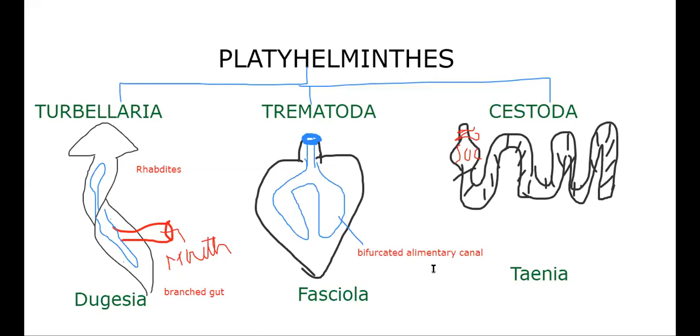Along with that, in the case of Trematoda, we have two suckers. One sucker I have drawn already, the oral sucker. And one more sucker on the ventral side, we call the ventral sucker or acetabulum. So this is the oral sucker, and here it is the ventral sucker, commonly also called the acetabulum. Do remember this, very important: the ventral sucker or acetabulum.